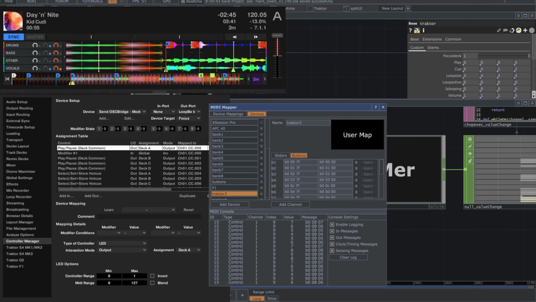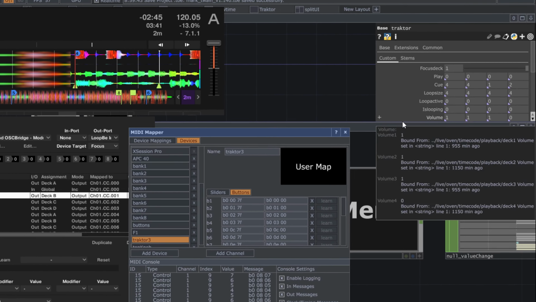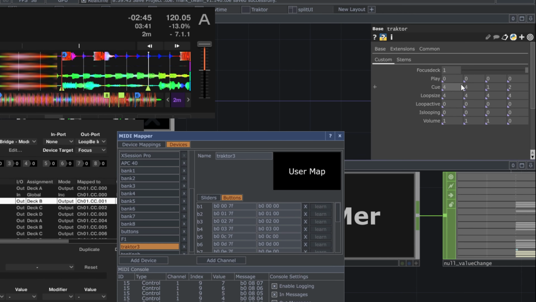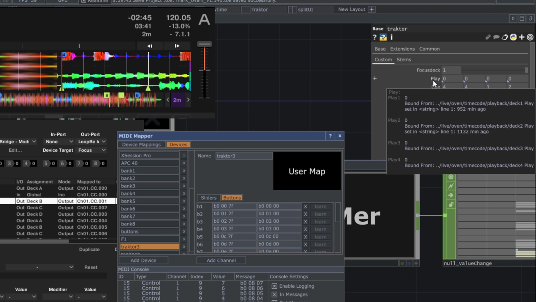When it comes to the channels that we map from Traktor into Touch Designer, the channels that we select are a bit arbitrary. As long as they match in both programs, we are good to go. So now that we have all of our channels matching, the next objective is to create custom parameters on a base component so we can have access to the input signals from Traktor.